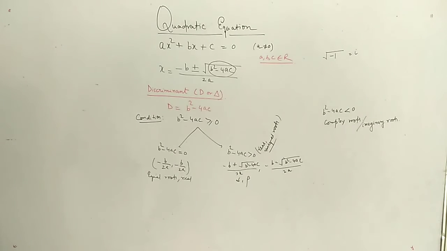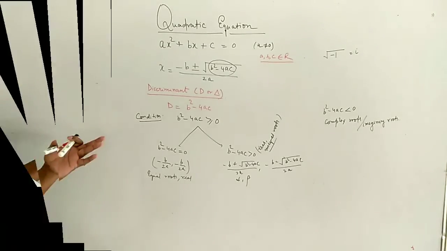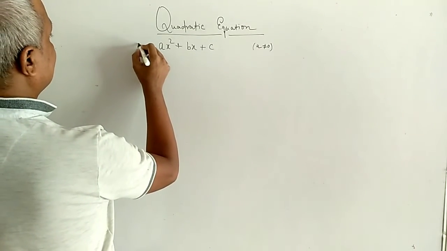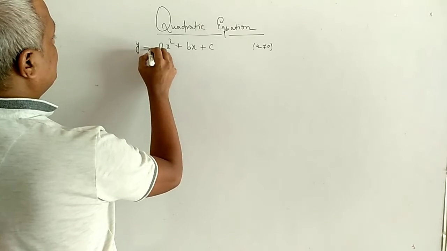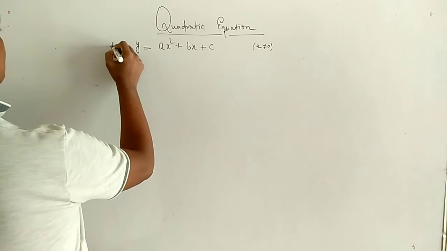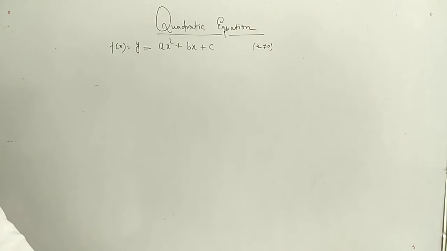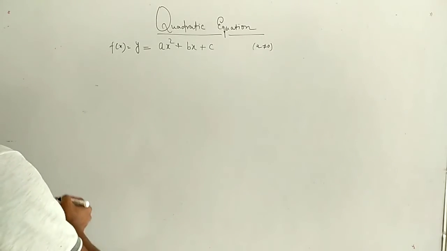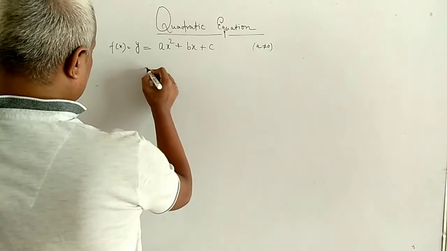And now we try to find out what the quadratic equation generally represents graphically. So now here we have a special case. Suppose instead of using this equation, I have y is equal to ax square plus bx plus c. Then what will be the nature of this function, because we can call it a function also, f(x) is y, and that is ax square plus bx plus c. How does it look and what does everything represent? So we'll go and try to solve this with the help of the idea that